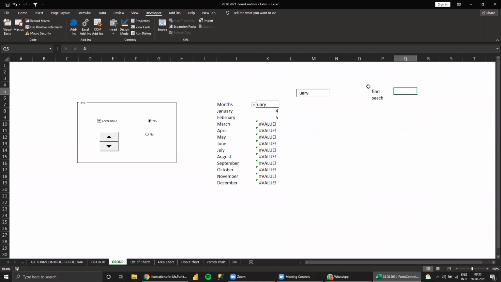No. If you want to find a certain word, find will tell you where the word is. Search will also tell, sir. Then why two formulas? Sir, I think case sensitivity is something, right?